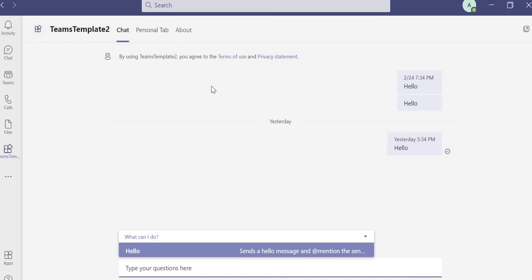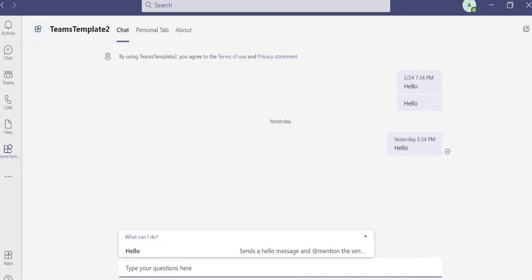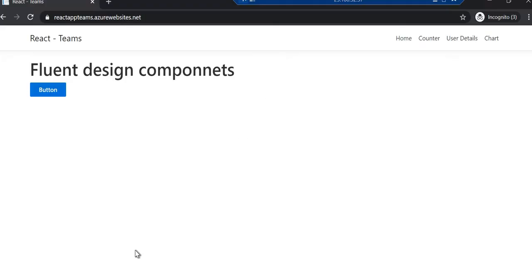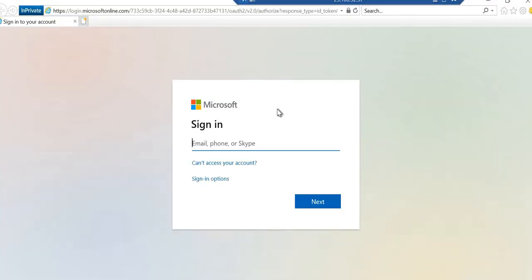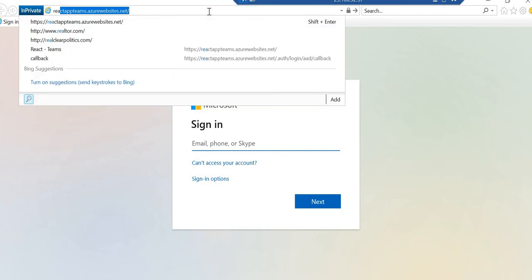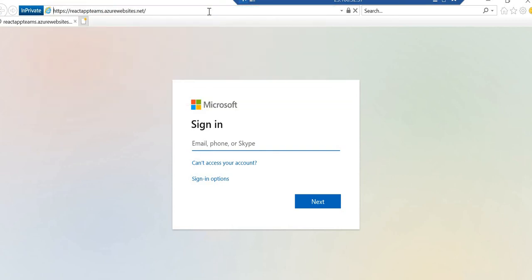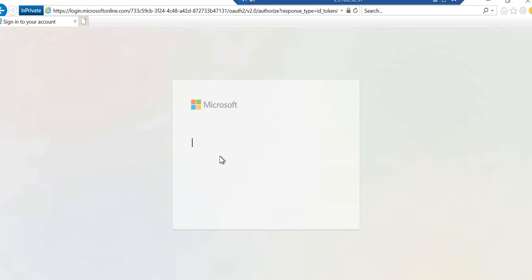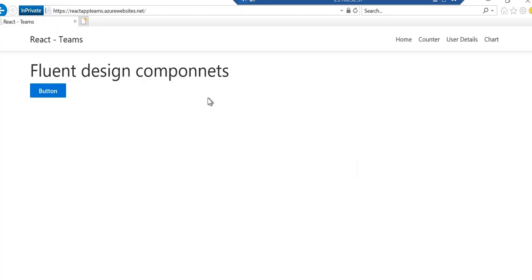Let me show you our website. If I browse here, this is our website, React. It is asking for login now. Since it's already logged in, it automatically takes you through, but authentication is already enabled.